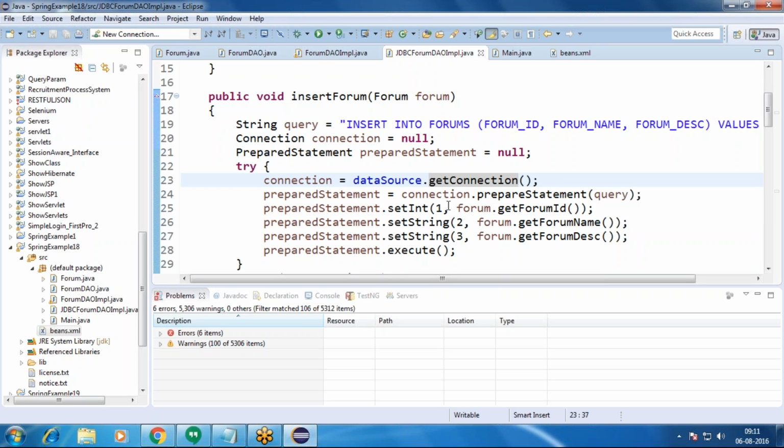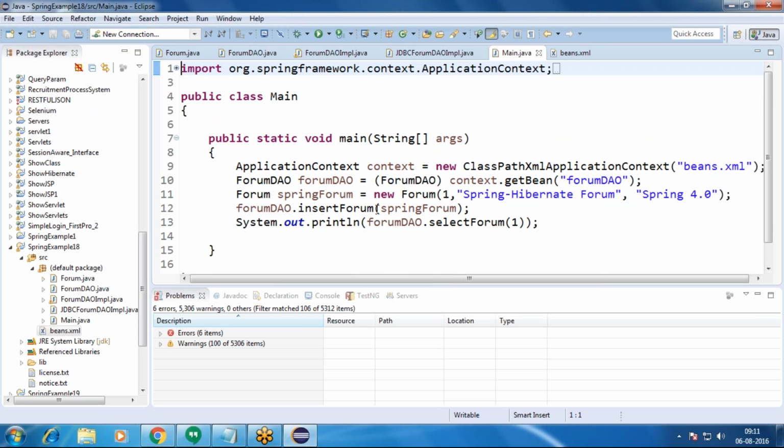Is it clear? Any queries? Chandra, where are we storing values into the Forum object? That is from the main method, you see.